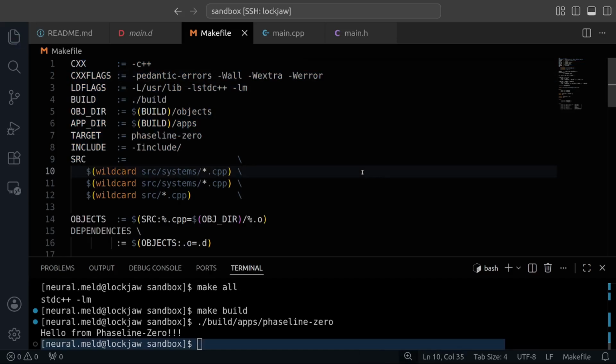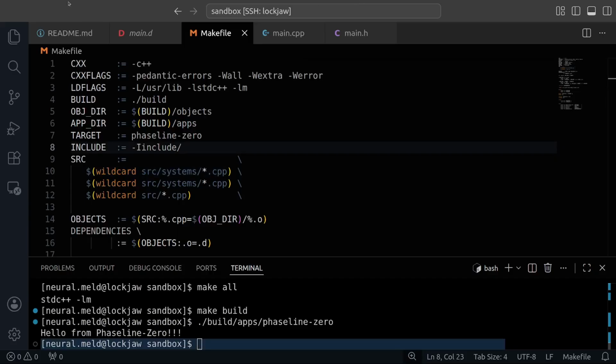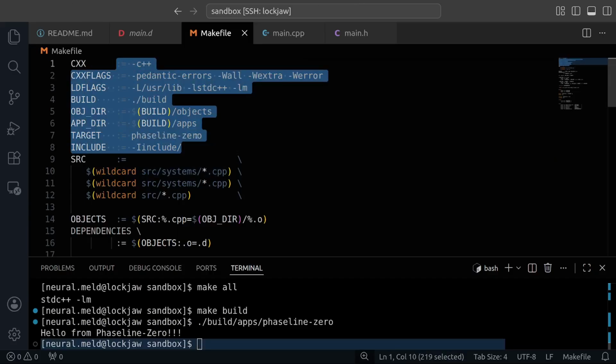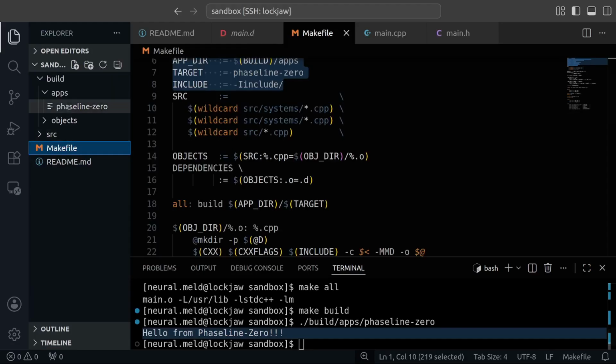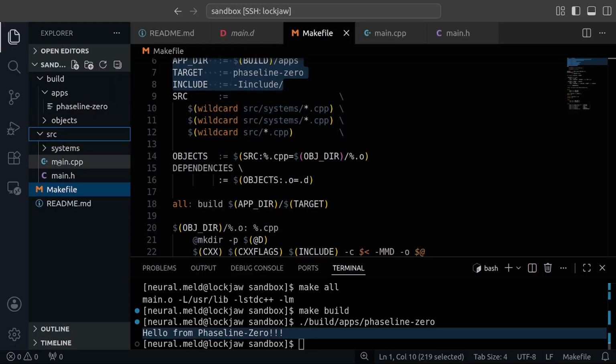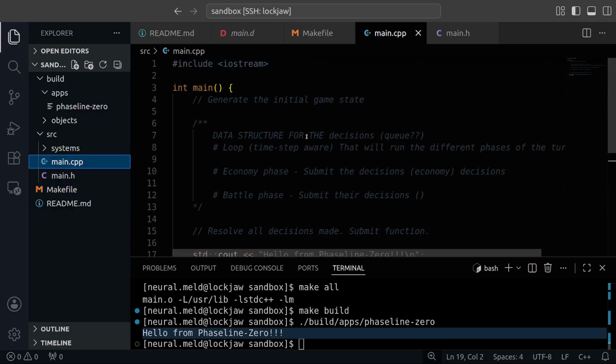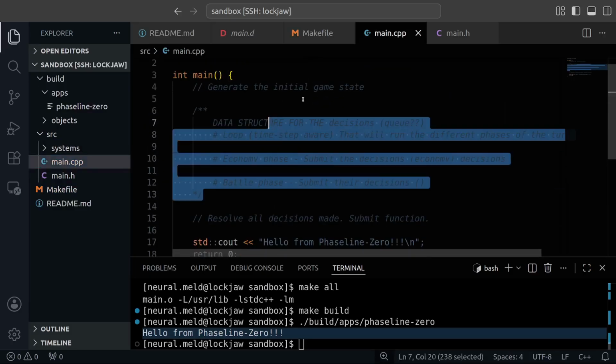From the command line, you do GCC dash whatever flags, then point it to the right CPP file and then the name of the program that you're building. We've set up the makefile to build what's going to be our target, essentially our test harness